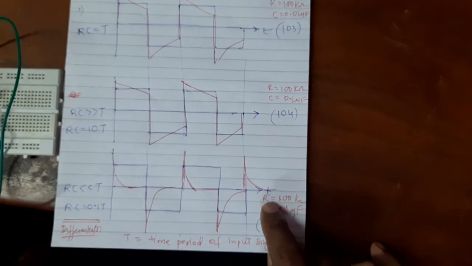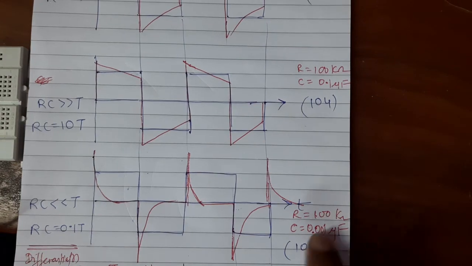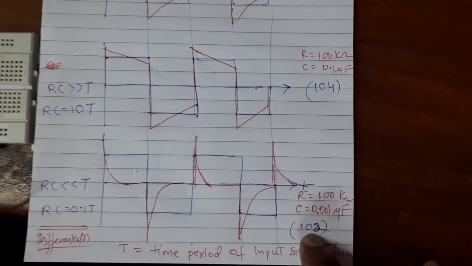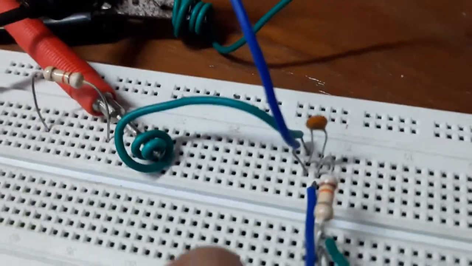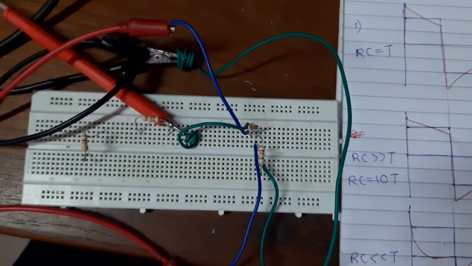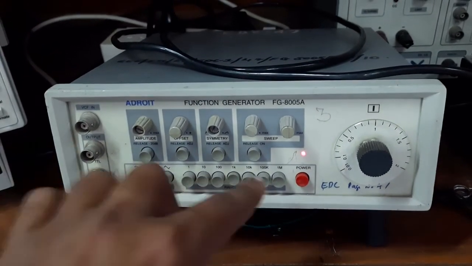So in this case we will see this case only. The resistor is 100 kilo ohm and the capacitor is 0.001 microfarad, that is 102 number. The same thing I have placed over here. So we have a capacitor there, 102, and then we have a resistor here of 100 kilo ohms. It is not exactly 100, it is slightly less than that. Then I have given an input of 2 volts, a square wave input, at 1 kilohertz.